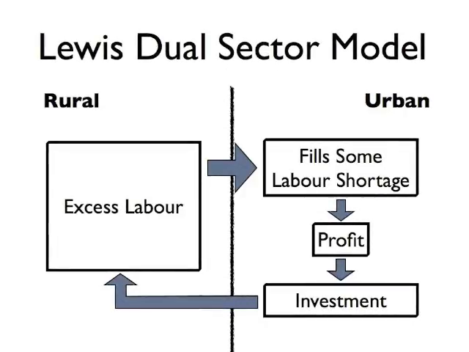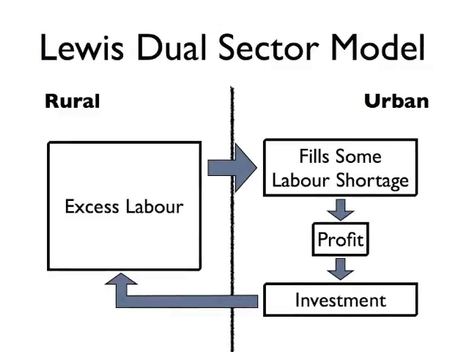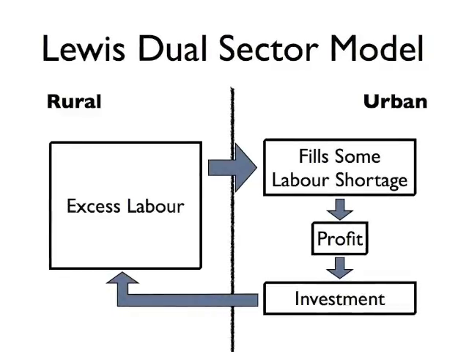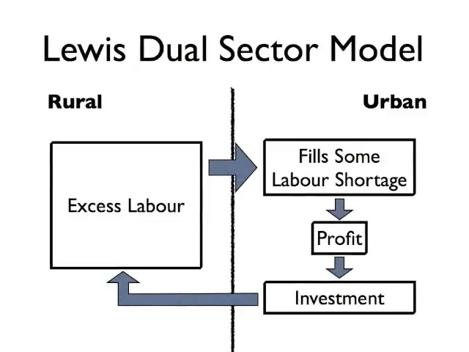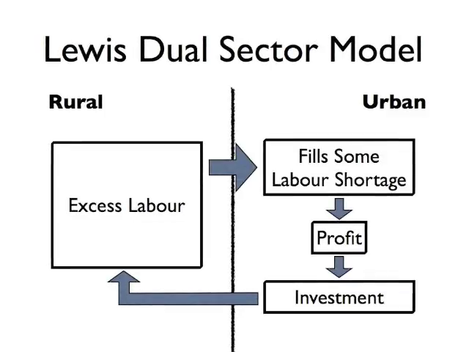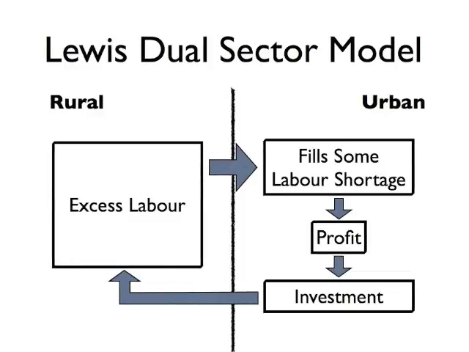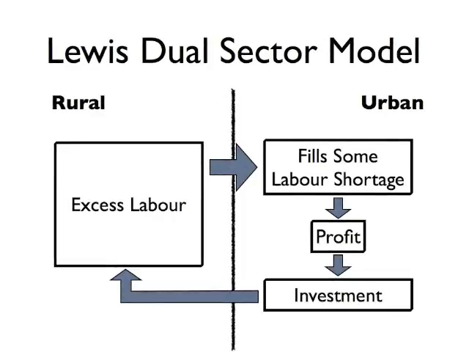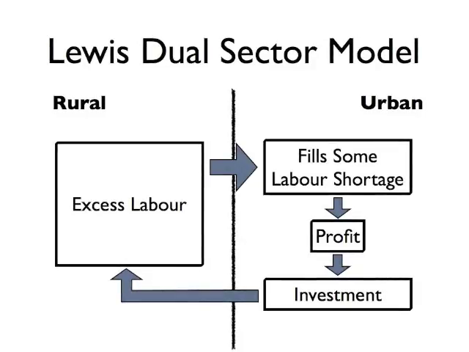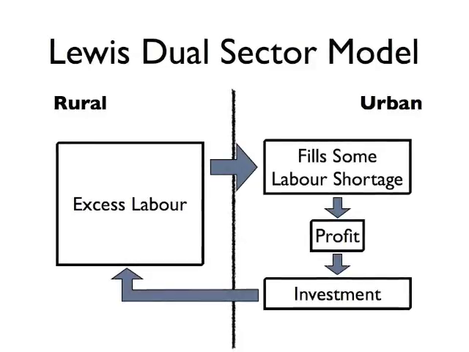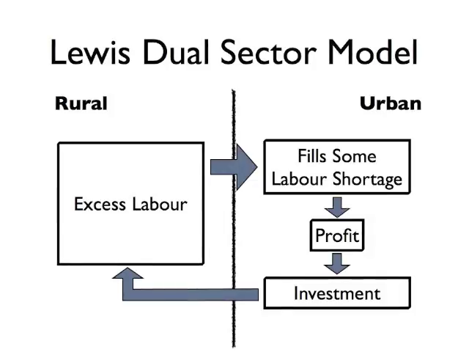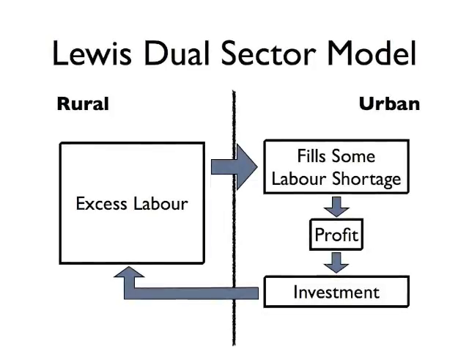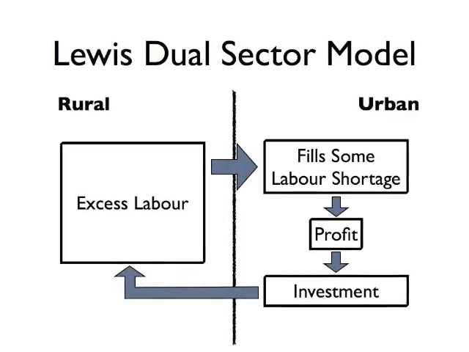These excess labor in rural areas have very little income, and the production process is relatively less efficient. So the labor in the rural sector can be moved to the urban sector and work more efficiently while earning about 30% higher income. The factories in urban sectors will now have very cheap labor and therefore can make a very good profit, which they invest back into the sector and continue to expand and employ more of these excess labor. This cycle will continue until the amount of labor in the rural sector gets to a point that will decrease the output of agricultural goods.